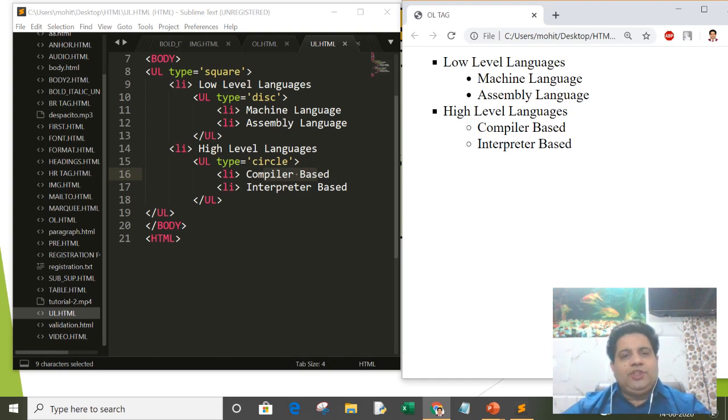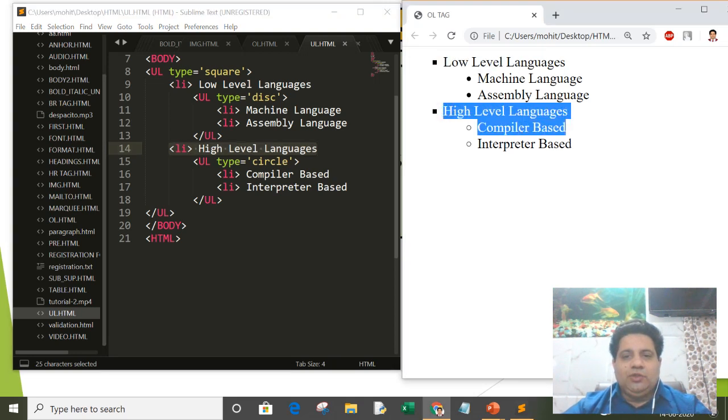Again here I am making use of nesting of UL lists. Within an outer UL list, I am using an inner UL list. And for each item I have to use the li tag. See, in the outer one I am using li low level language and li high level language. So you are getting low level language and high level language.